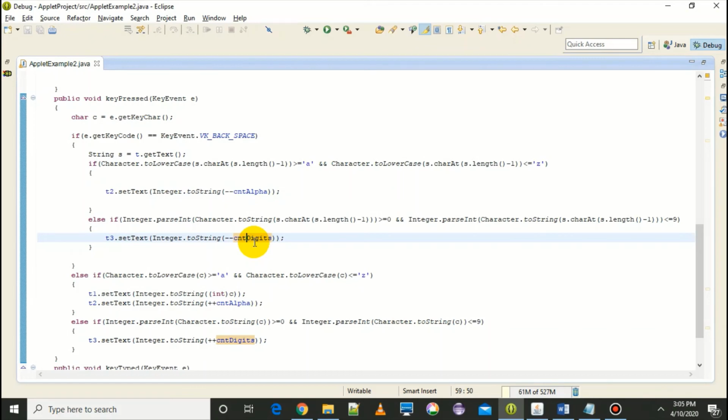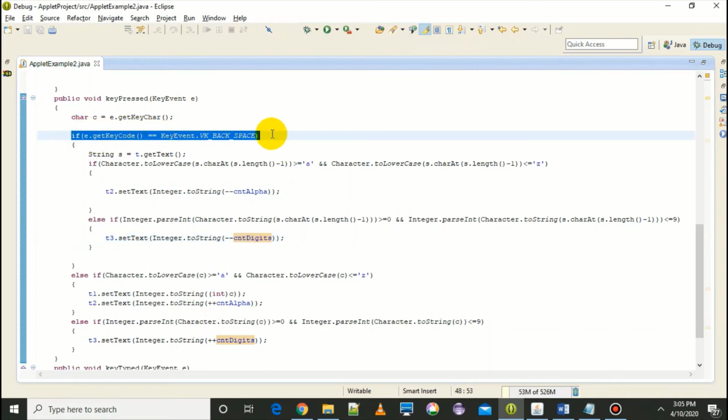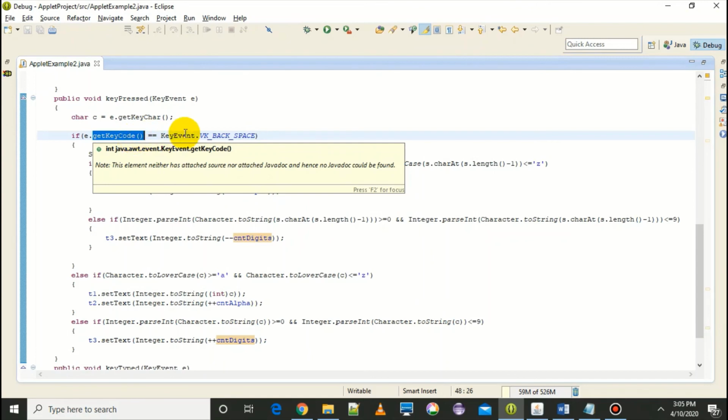Now, what are the changes in the code? Let us see that. Let us come to the first line. Over here, this is the code using which I have checked whether the pressed key is a backspace or not. Let's analyze the statement. E.getKeyCode. When we are writing getKeyCode, this is the function in the key event E, which is giving me the ASCII value of the key pressed, and that can be checked using